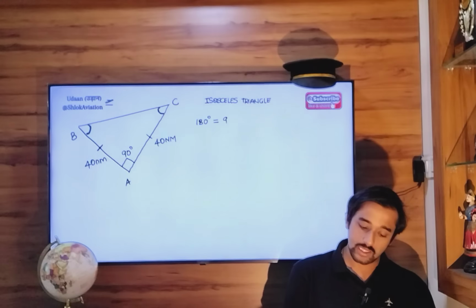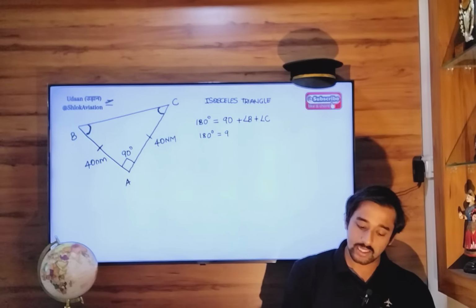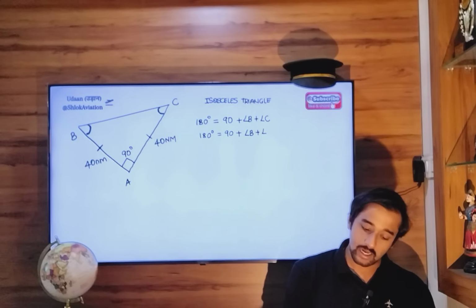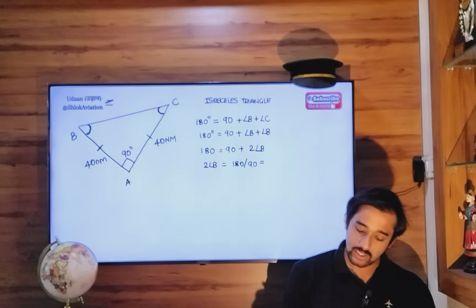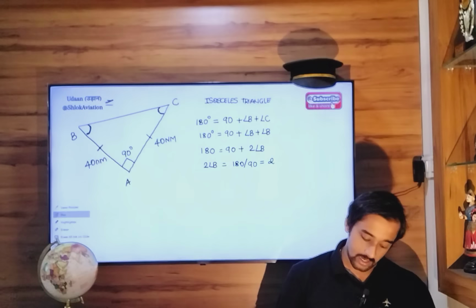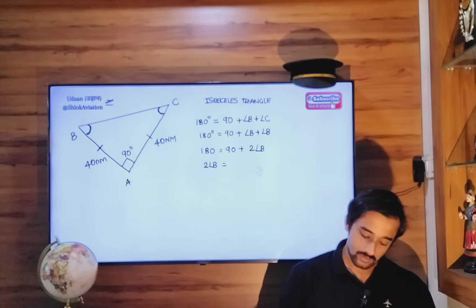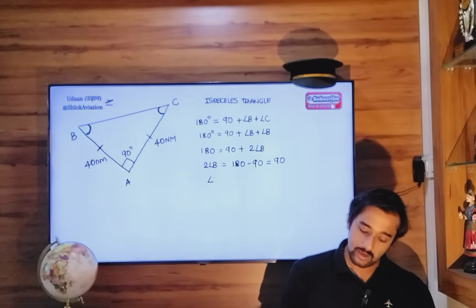So 180 equals 90 plus C plus B. Since angle B equals angle C, 180 equals 90 plus 2 times angle B. So 2 times angle B equals 180 minus 90, which is 90. Therefore, angle B will be 90 by 2,